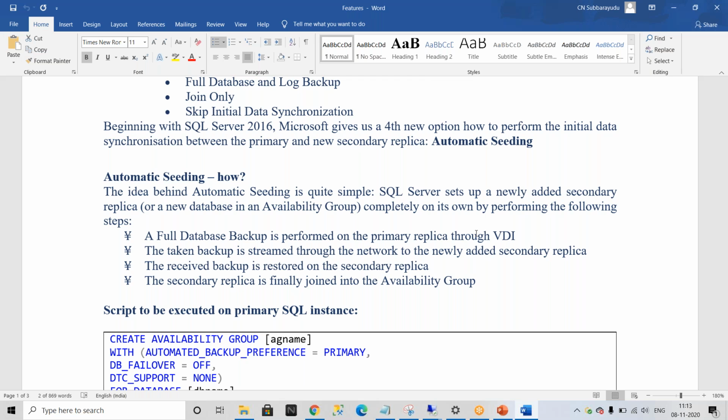So why are we going for auto seeding? In case your database size is very huge, then you can go for auto seeding. Definitely it will improve the performance. The taken backup is streamed through the network to the newly added secondary replica. It will automatically stream that backup